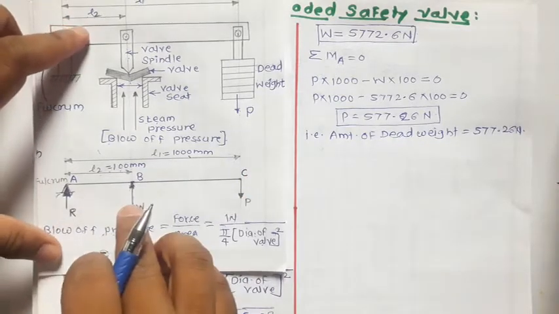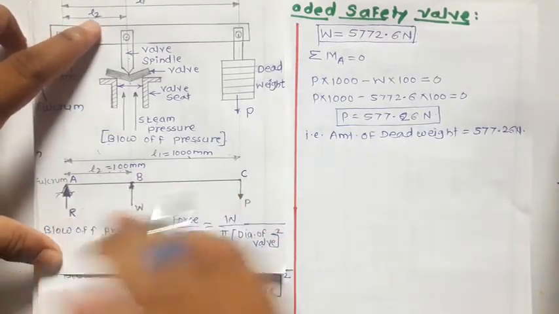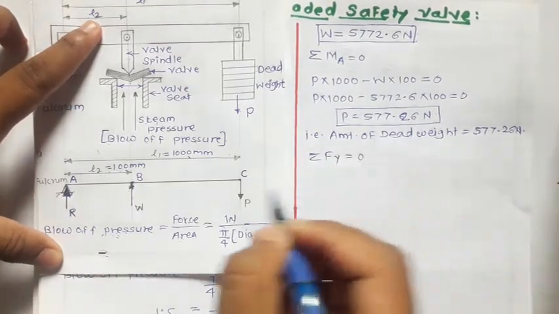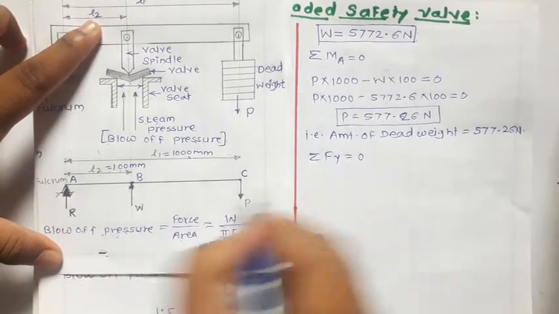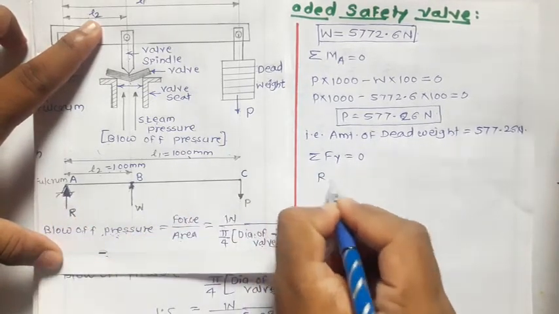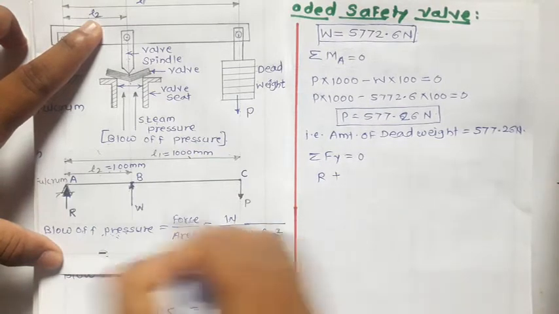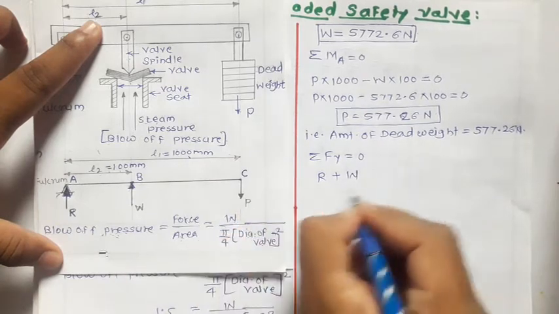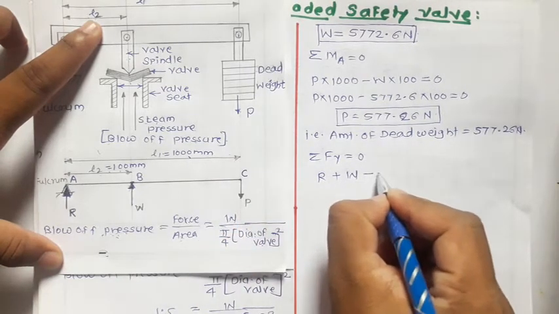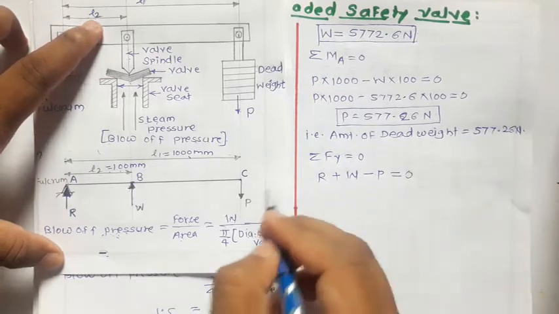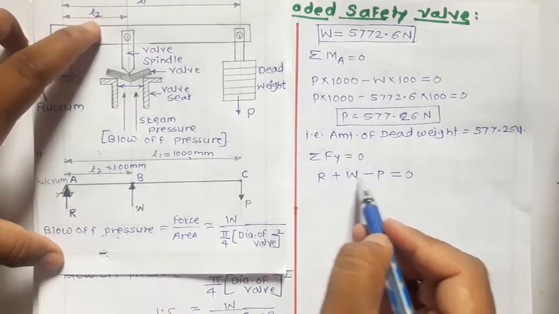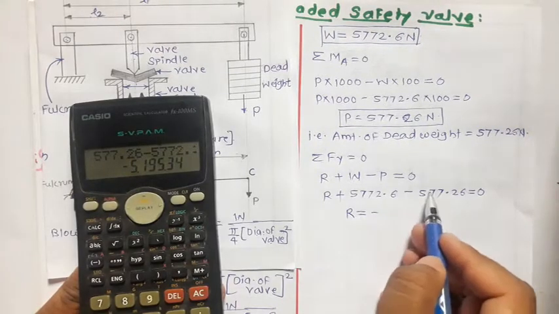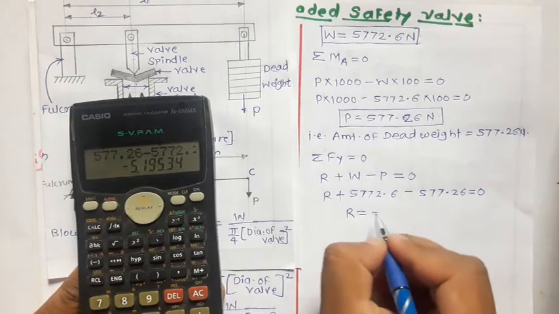If you take the summation of vertical forces equal to 0, we can find this R. For that purpose, we have to write summation of forces in y direction equal to 0. Vertical upward forces are taken positive, so R is vertical upward, that we have assumed. So plus R plus W, as W is acting in vertical upward direction, and P is acting in vertical downward direction, so it is negative. So minus P is equal to 0. Let us put the value of W and P, and let us calculate R. By putting the value of W and P, you calculate this R, and the answer of R is minus